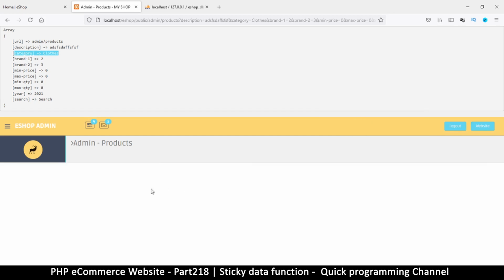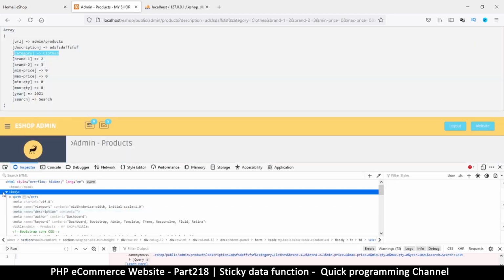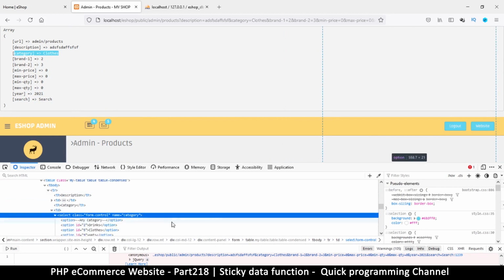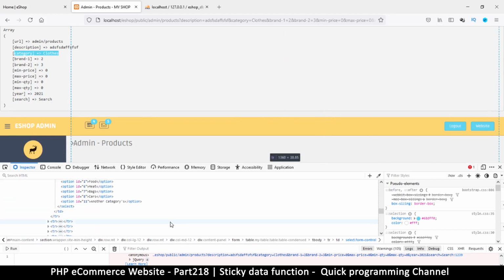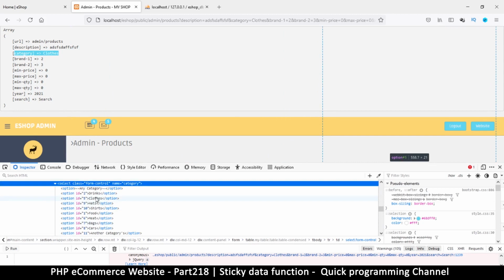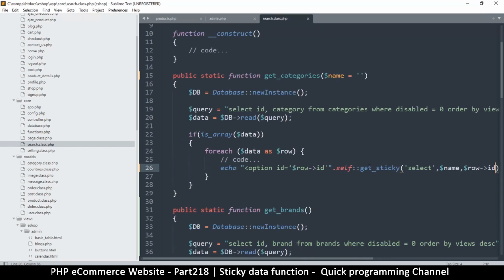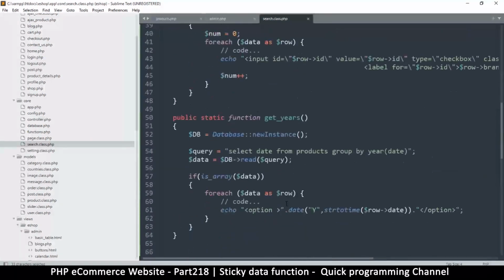So let's inspect this element and see what went wrong. So that's the select here. And let's see if any of these is written selected. And clothes isn't written selected at all. So it didn't work there. So let's come back here and try to see why it didn't work. So we know that get sticky is running here for a second. So let's go down to where